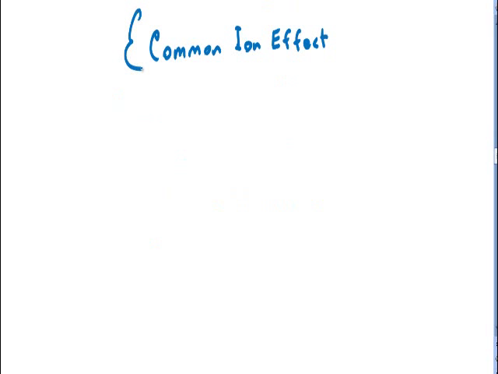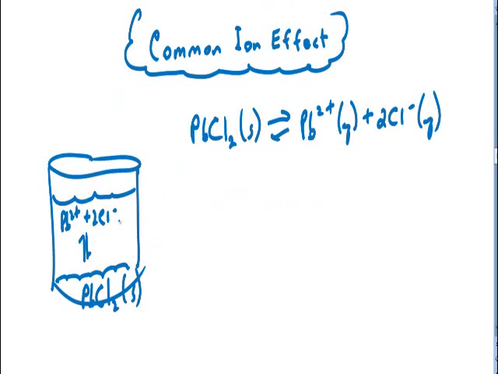The last part of the lab is something known as the common ion effect. The common ion effect is where we add an ion to the equilibrium that is common with one of the ions already present in the equilibrium. For example, here we have our saturated lead chloride solution. If we were to come along to this now and add, say, a solution of aqueous sodium chloride,